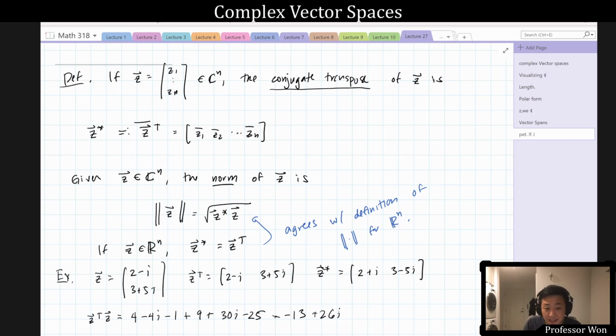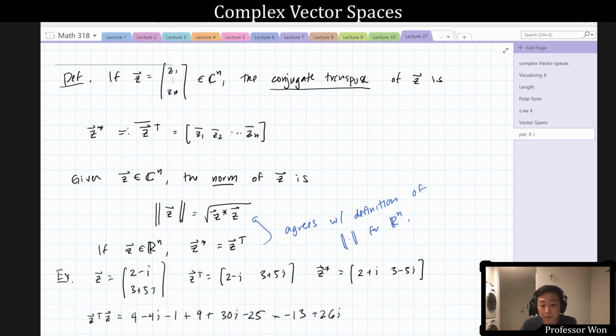And the problem here is that norms should capture lengths of vectors, but the length of a vector should be a real number. Because you want to be able to compare lengths, for example. You want to be able to say, oh, this vector is longer than this vector. But the only reason that you can compare lengths is because there's an order to the real numbers. You know exactly when one real number is bigger than another. The difference with C is there's no notion of like 3 being a bigger number than 2 plus i. You don't have a less than or equal to on the complex numbers. So it does not make for a good notion of length and we would like the norm to be a